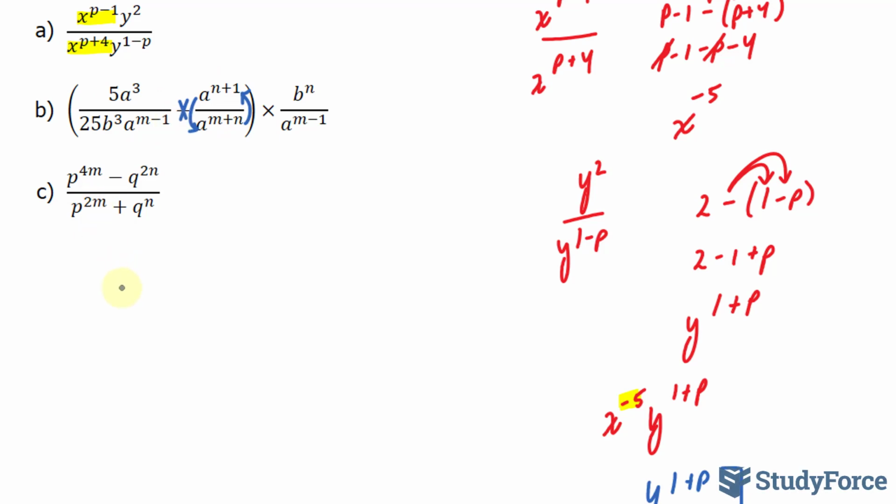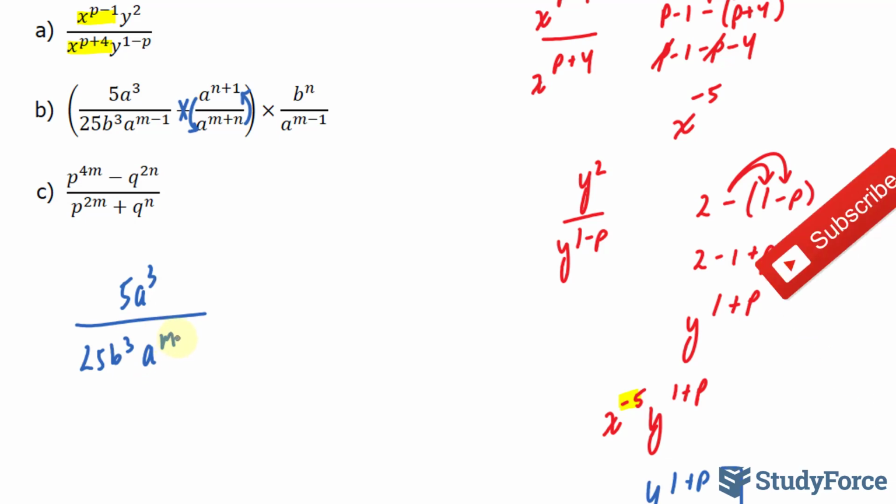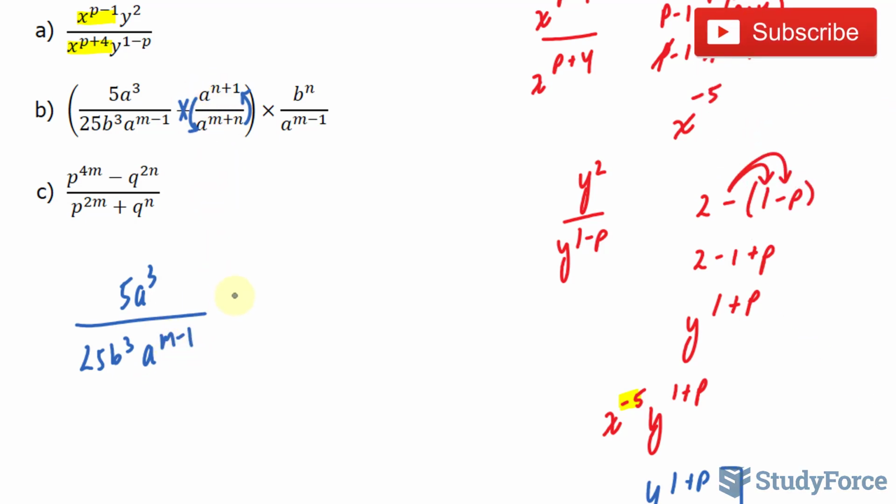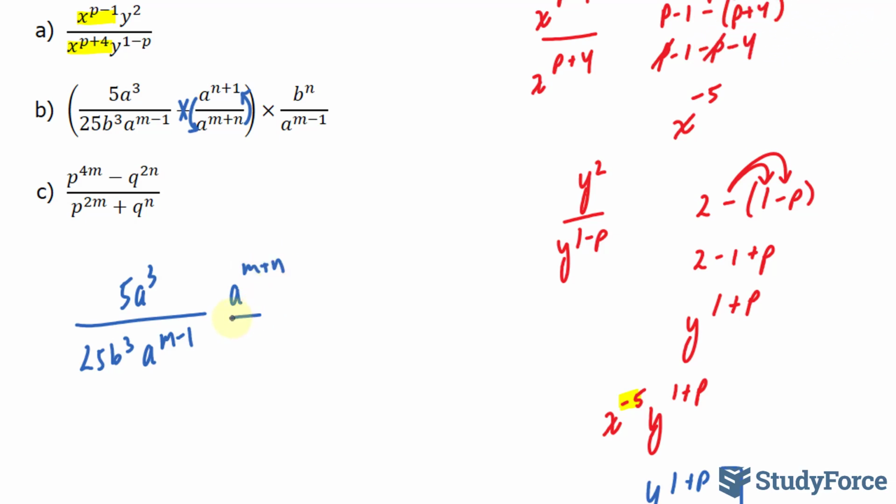So that's why I'm focusing on these two factors within. If I do that, I end up with 5a to the power of 3 over 25b to the power of 3, a to the power of m minus 1, and this becomes a to the power of m plus n over a to the power of n plus 1. And don't forget that this factor is being multiplied to this factor, so I'll put a dot to show that. And we have b to the power of n over a to the power of m minus 1 also being